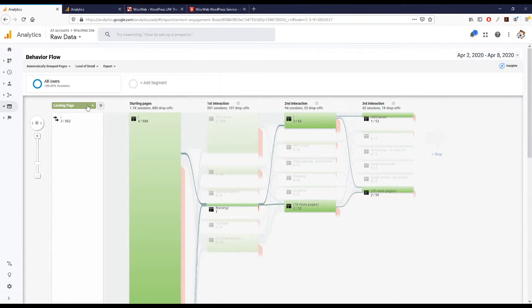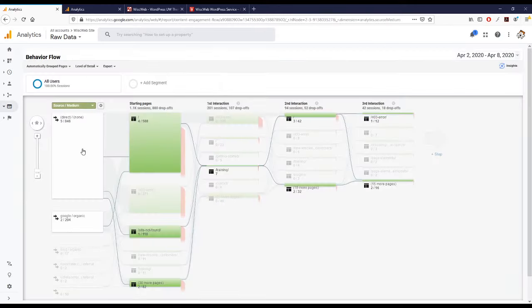So let's see. Also, if this is relevant to you, I could change this to not tell me the landing page, but I could say, what's an acquisition? So source medium is a way where I could track the behavior flow through which, let's see,